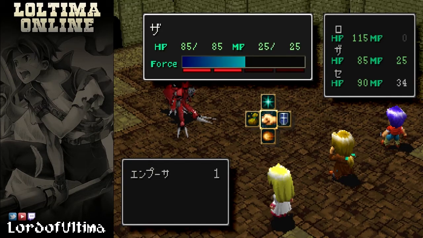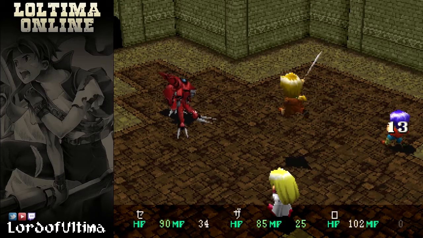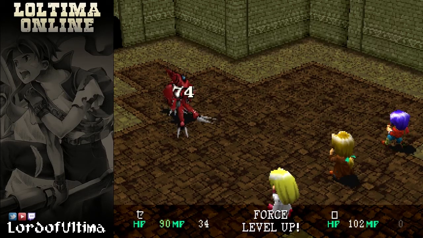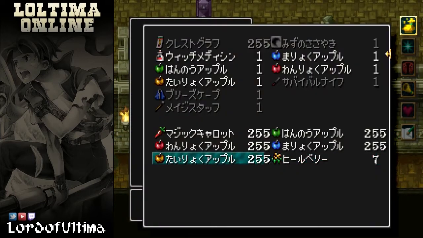Don't try to kill it on the same turn you're healing, because the heal berries have to pop. Otherwise, the items are not duped. So just wait till the next turn, then kill the enemies off. And then that's it. Now you got a bunch of 255s in here. You should have 6 different 255s, and then you have these 4 apples with just 1, and they're going to